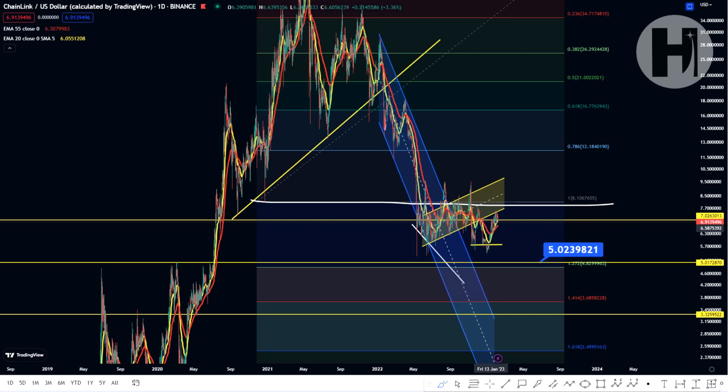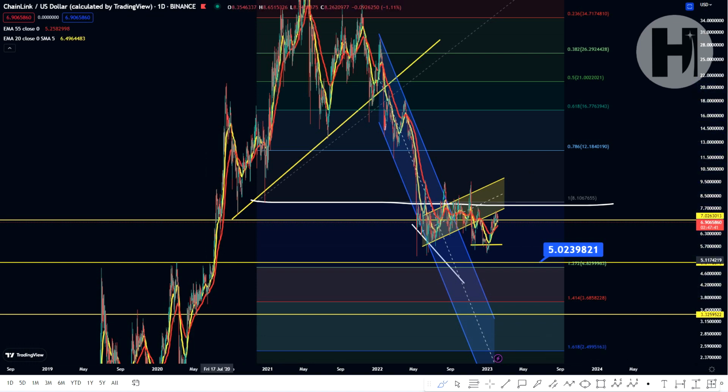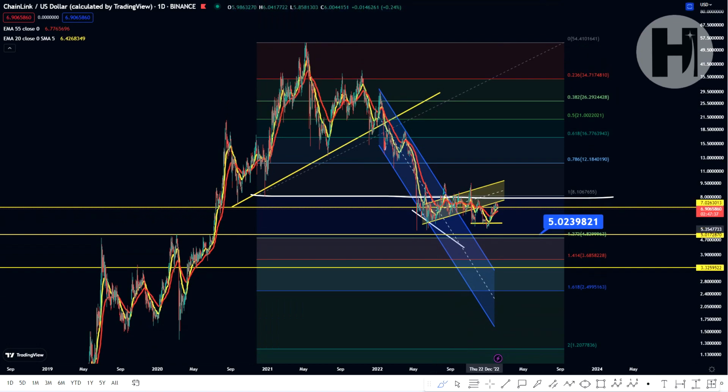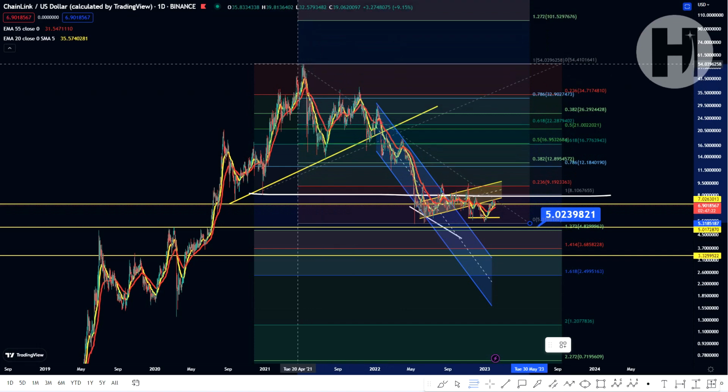hopefully once we start breaking out of this range, we're going to see a very strong impulsive move to the upside, just like we saw over here. But I think this one is going to be a lot stronger. And if we assume that the swing low over here in May has been printed for the bear market and we're not going to be losing that level, then what we can do is set up a Fibonacci retracement from that swing low there to the swing high,